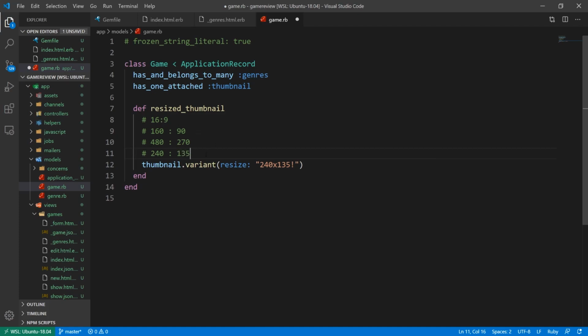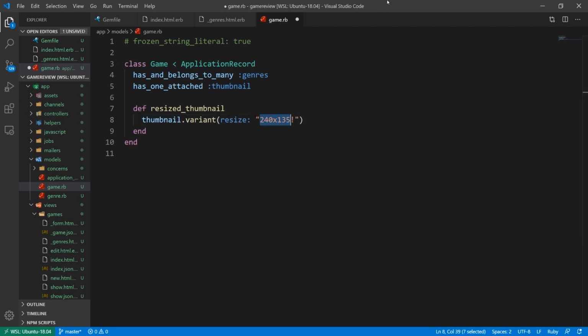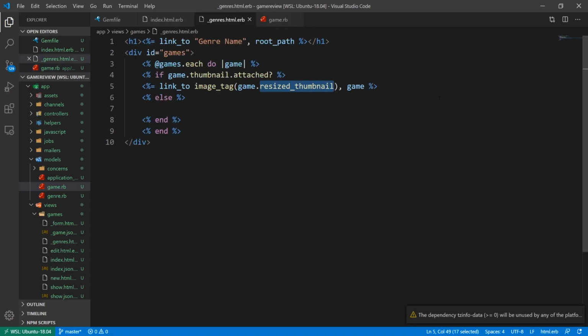So I was just playing around with numbers that sort of looked right to me until I found something. This wasn't something that I looked up, it was just trial and error, basically. But that gives us our game.rb. So now we can come back into our genres.html, and we can handle the case where there is no image